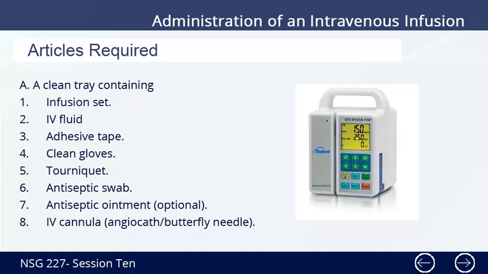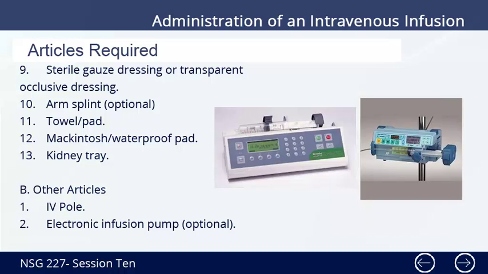IV cannula and yoke cut, butterfly needle, 9. Sterile gauze dressing or transparent occlusive dressing, 10. Arm splint, optional, 11. Towel or pad, 12. Macintosh or waterproof pad,